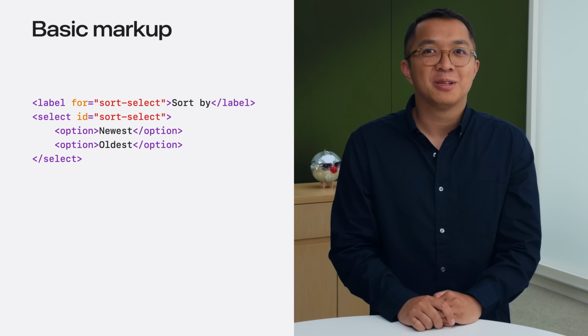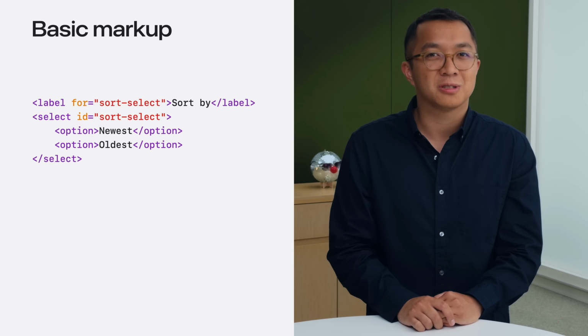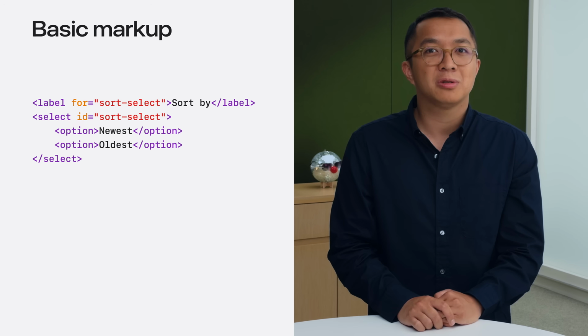As a reminder, this is the HTML markup for the select element with its label. The select element is a powerful tool giving us basic accessibility right out of the box. I'm able to use the keyboard to navigate option elements, and it works well with screen readers, all without needing any external libraries. I'll use that to build the sort by button on my page. This is a native select, which, by the way, are called pull-down buttons on Apple platforms. What's great about the native select is it matches every other control on the platform, giving users a familiar way